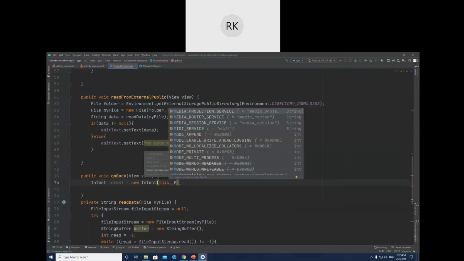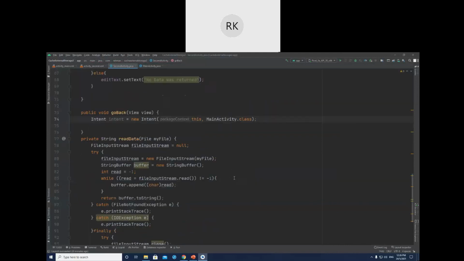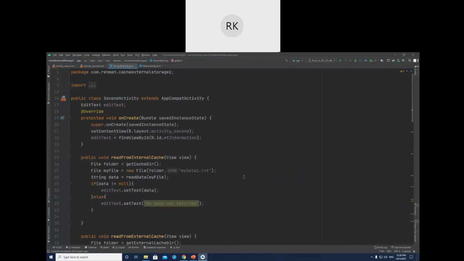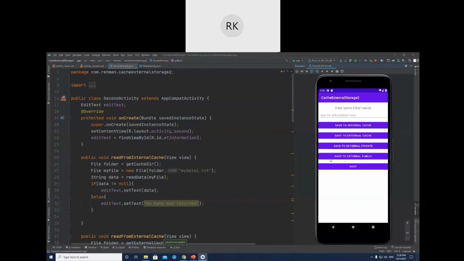Main activity, not second activity. Main activity dot class. So we want to go to main activity. I hope everything is okay. Let's run. Yeah, everything is okay, but there is one thing.